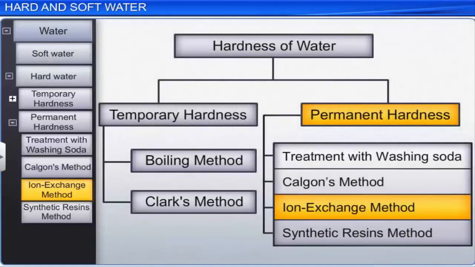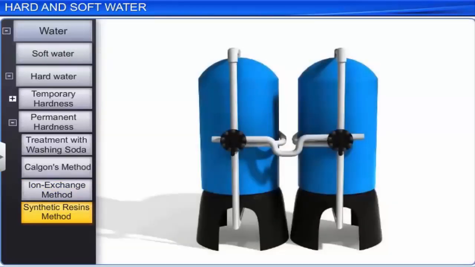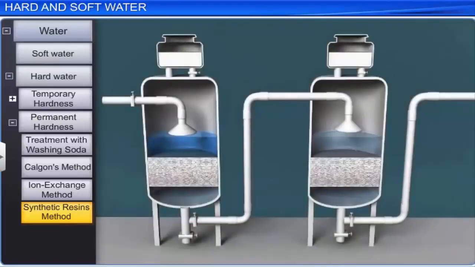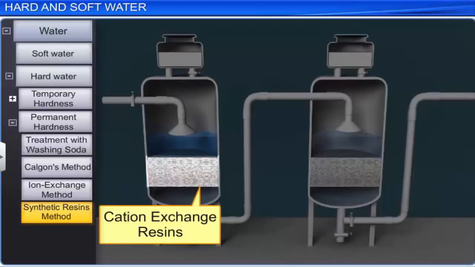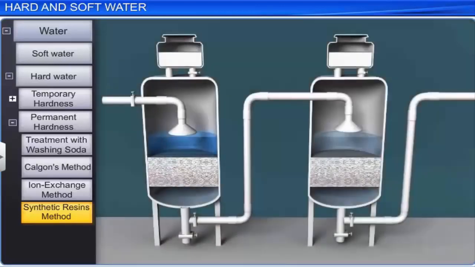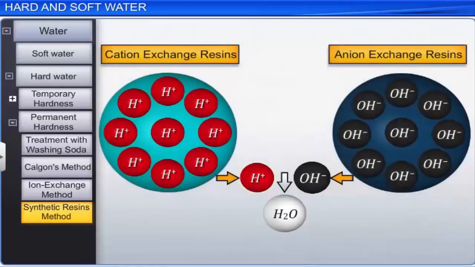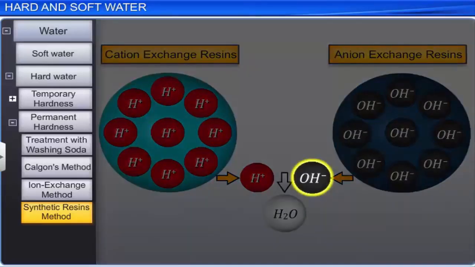The fourth method of removing permanent hardness is the synthetic resins method. In this method, synthetic cation exchangers are used. This method is more efficient than the zeolite method. Cation exchange resins contain larger organic molecules with groups such as SO3H or COOH that are water insoluble. They exchange their H+ ions with the cations in hard water. Anion exchange resins contain organic molecules with groups such as NH3OH that exchange their OH- ions with the anions present